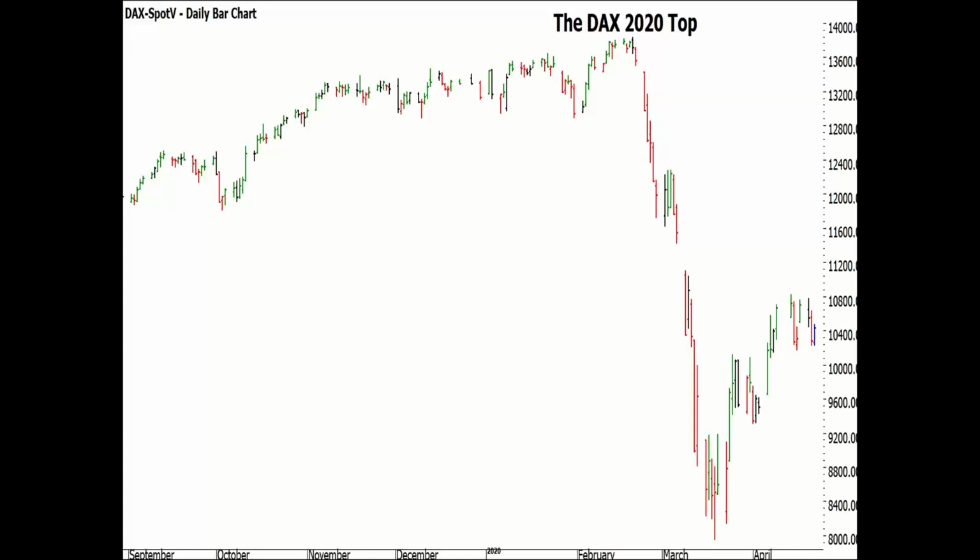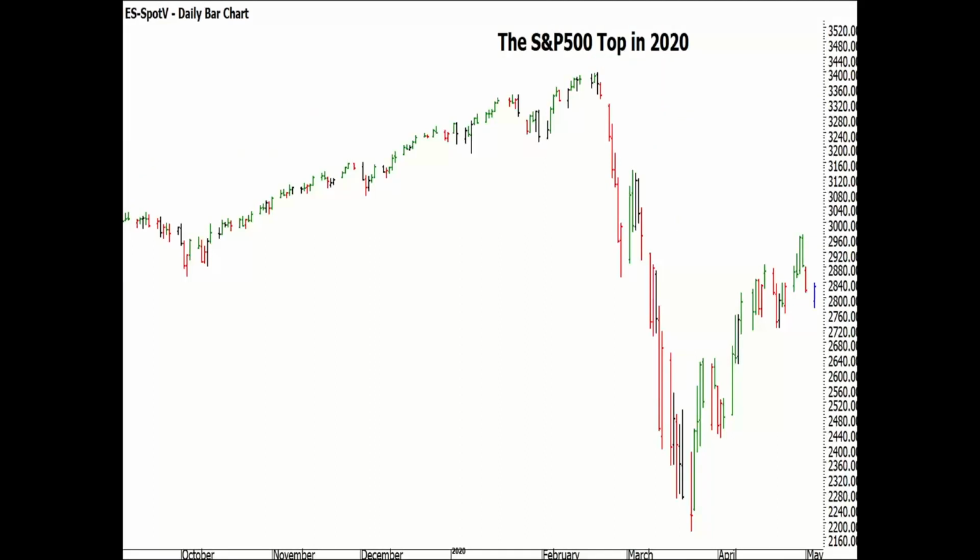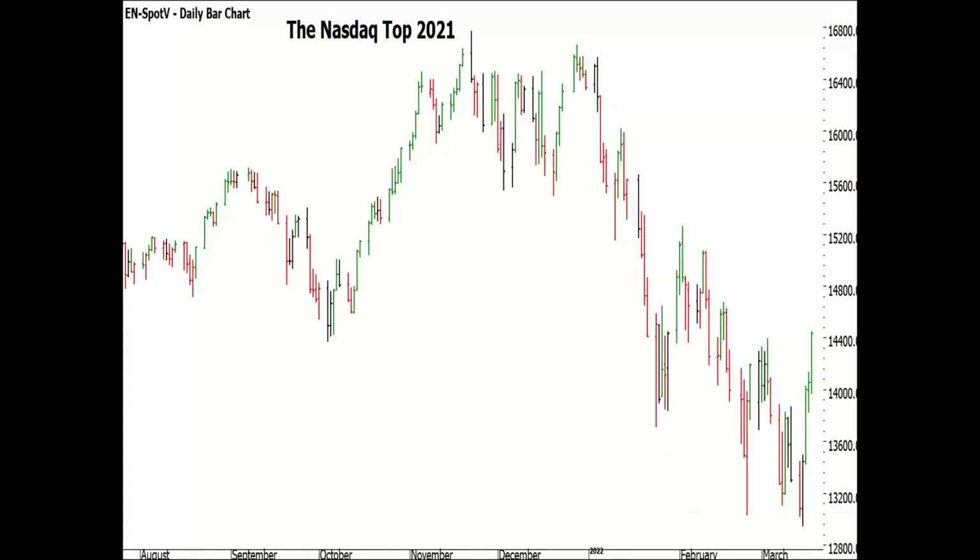And there we go, the market crashed. We also saw it on the S&P 500 there. That was the top just before the COVID crash in March of 2020. And that top I called a few months before it happened, and I was right to within 0.5%. And then again last year in November of 2021 on the NASDAQ, the exact same scenario, all coming together again